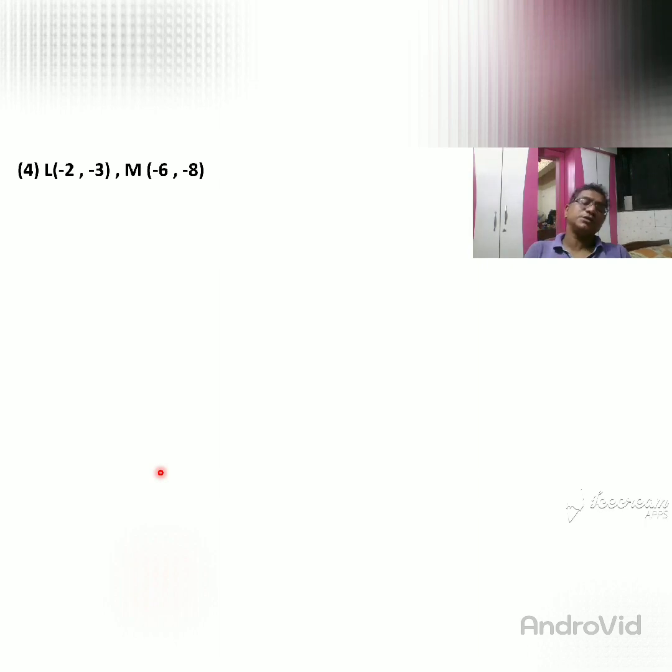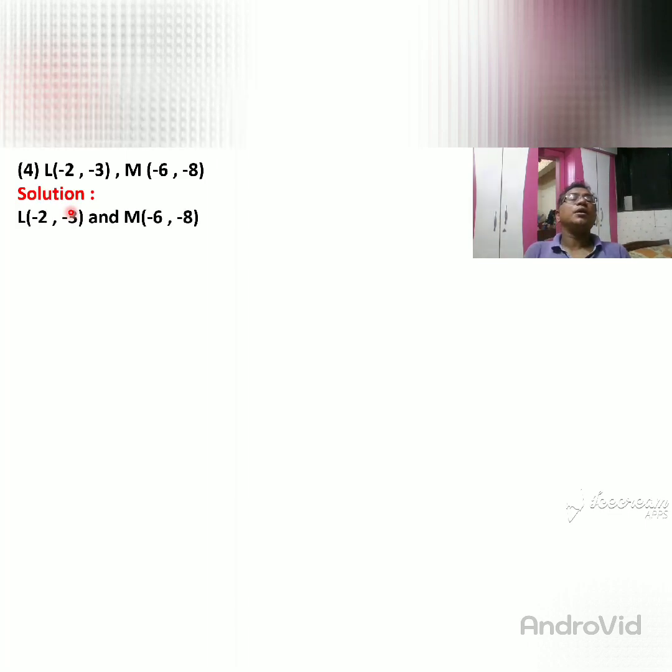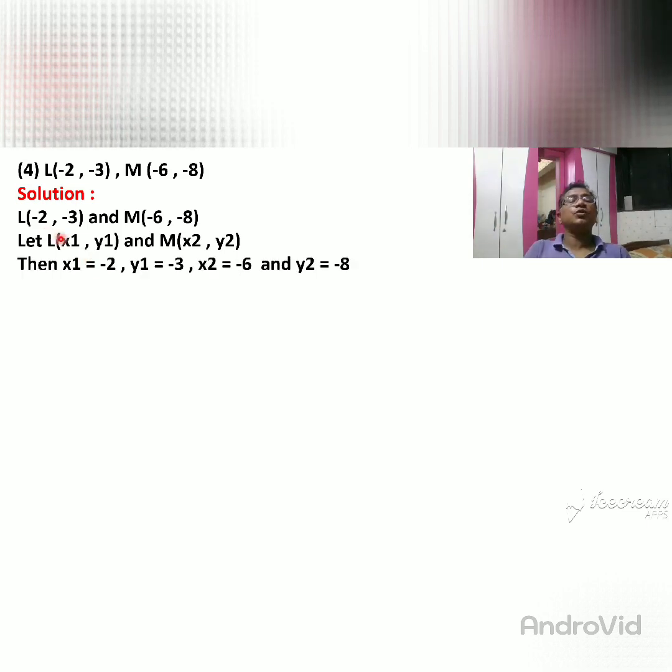Okay. Then this is L point, coordinates minus 2, minus 3. M point coordinates minus 6, minus 8. So here we are giving names for them: x1 is minus 2, y1 is minus 3, x2 is minus 6, y2 is minus 8. Then we are substituting the values again. So the slope of line LM is equal to